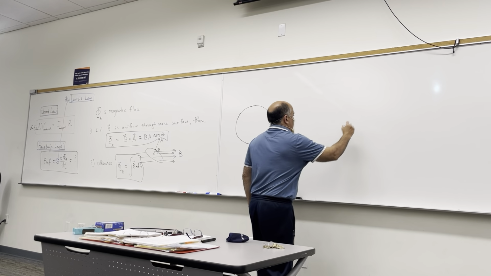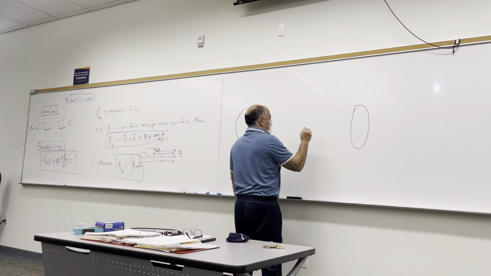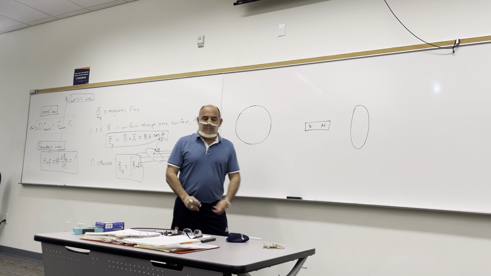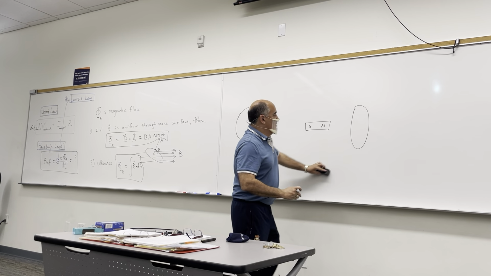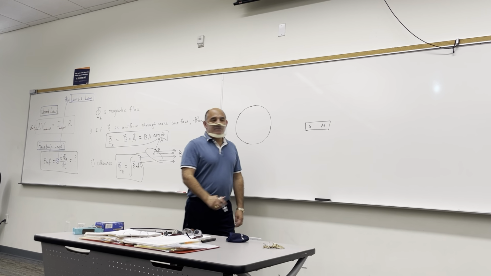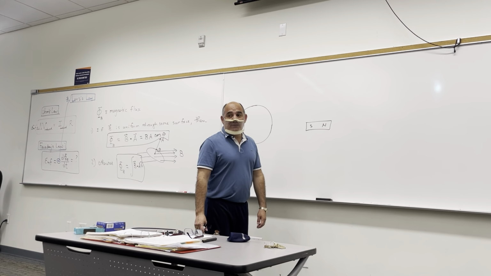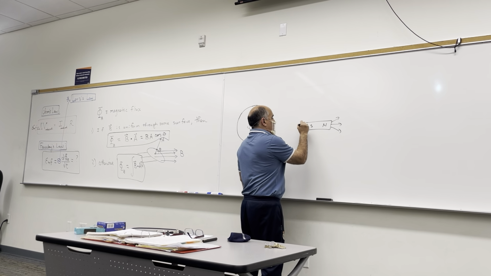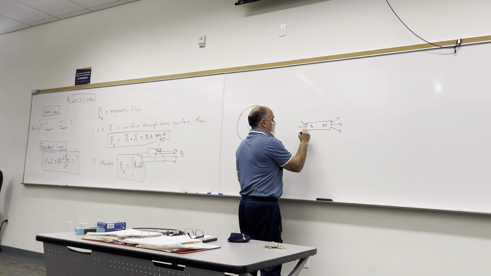If you have a loop like this, I don't care which way the loop is. If I have a magnet like this, what is the direction of the magnetic field generated by the magnet? Doesn't it come out of north and into south? Out of the north